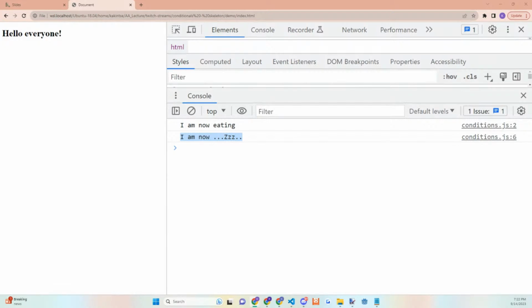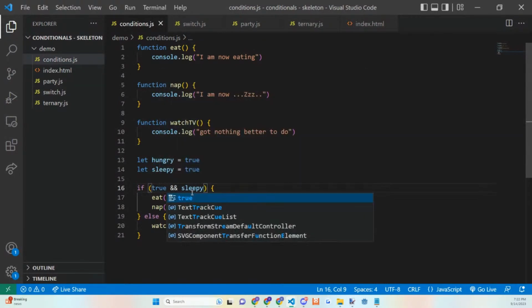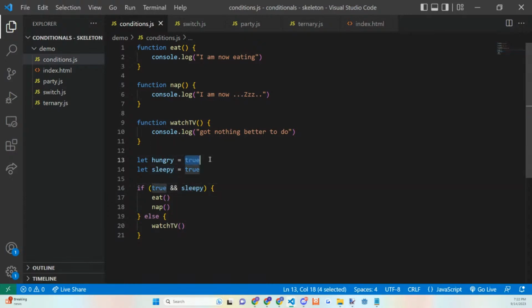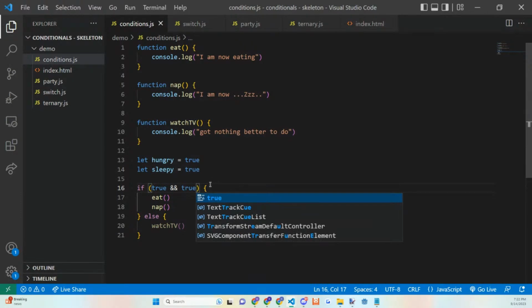All right. So one more thing we're going to want to do to show off here is how we can substitute these values in our own head, right? So we know that hungry is a value that is true. You can almost replace that because it's just a variable containing true. Same thing as sleepy, it's also a variable containing true.